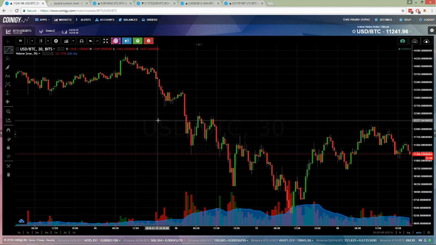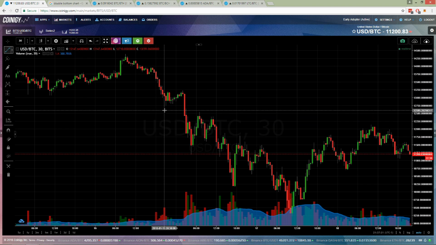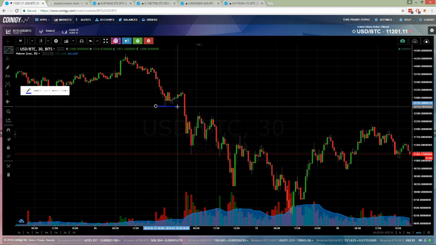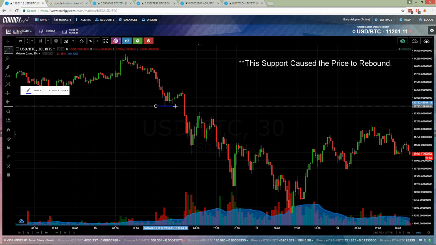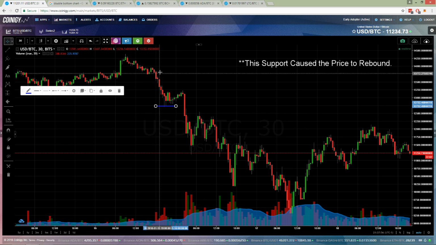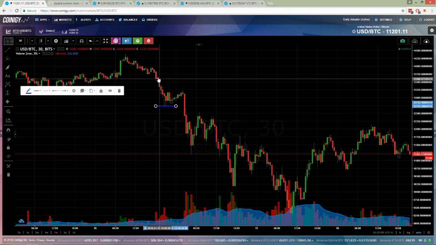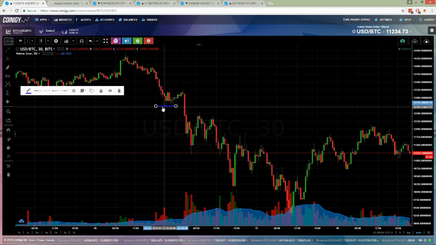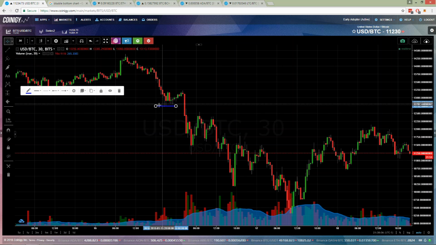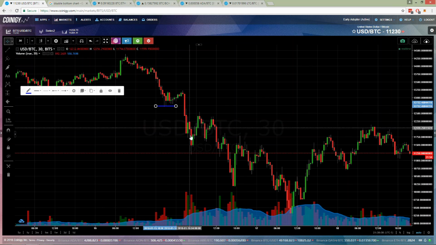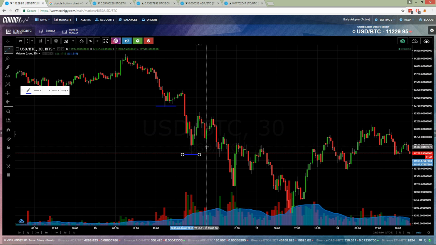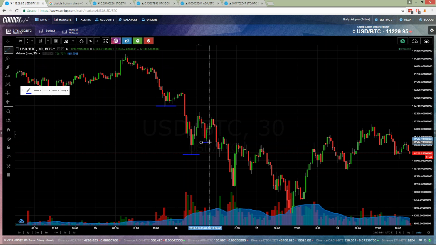So the important thing you want to look for is support levels. So what is a support level? A support level is simply a place in the chart where you find some support. Pretty simple, right? So the price dropped from here. This is called resistance. And then it dropped down to this support level, in which it rebounded, went back up to here. Then the price dropped down to this low, and it found a new support level. Went up, found a new support level here,